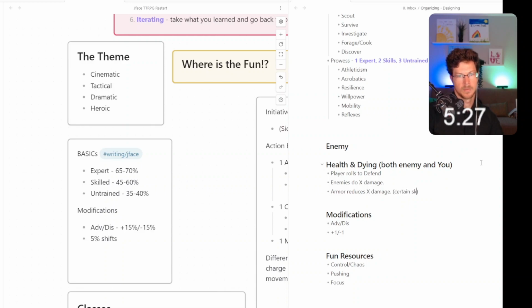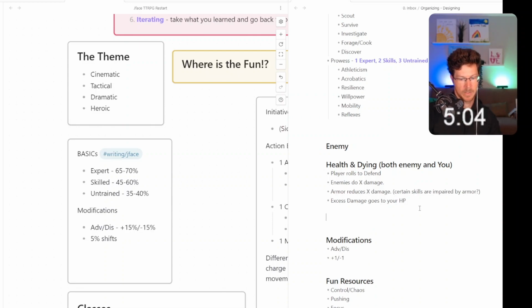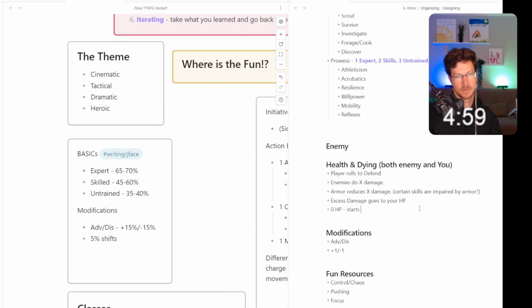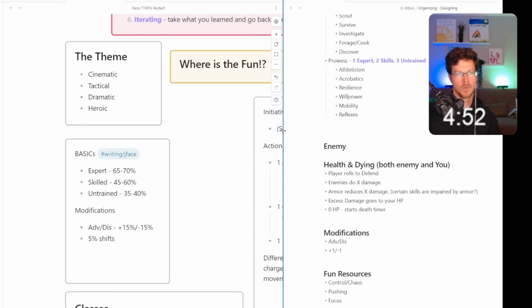Certain skills are impaired by armor. Excess damage goes to your HP. Right, let's just do HP. We're just trying to make it work at this moment. Let's just say 0 HP starts death timer. Right? We're just trying to get something, and then we'll play around with what made it work.